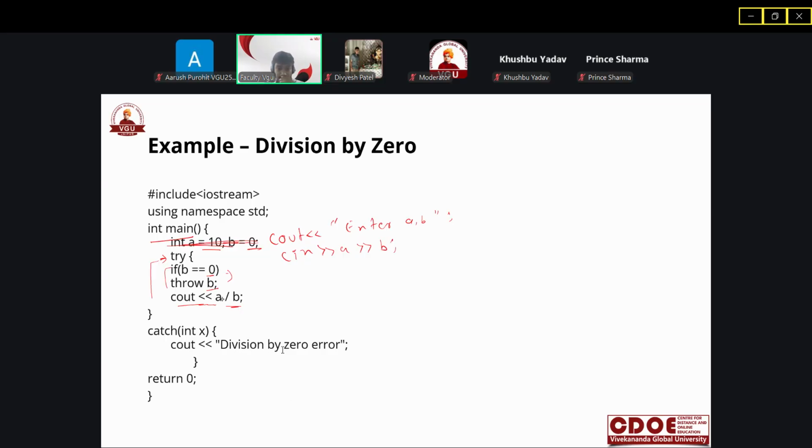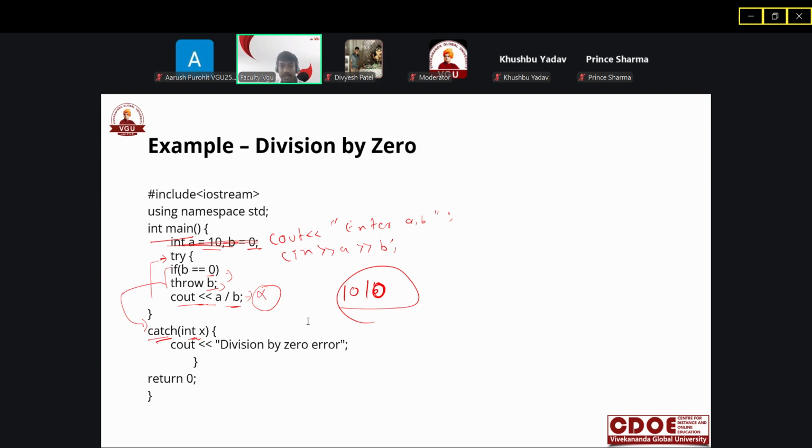If the user enters 0, it will throw b, and this b will be caught by the catch block. After it throws the exception, 10 divided by 0 will not be executed, and the flow control will be transferred to the catch block.